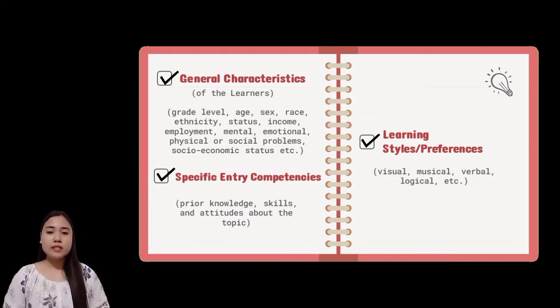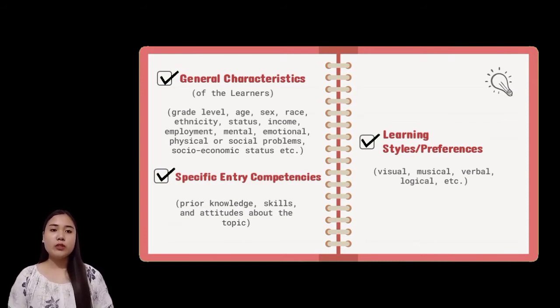Next will be the specific entry competencies. Know what your learner is capable of doing. At the beginning, you have to assume that the learners lack the knowledge and skills, but they possess the knowledge or skills needed to learn and understand from the lesson. This assumption that learners have the prerequisite knowledge or skill to begin the lesson can seldom be accepted casually in